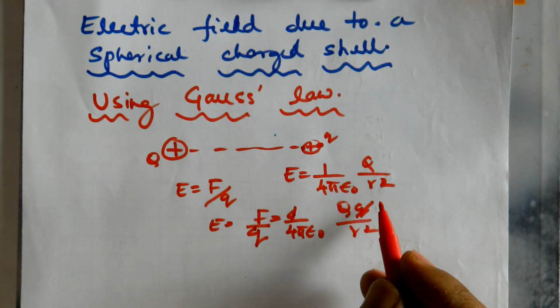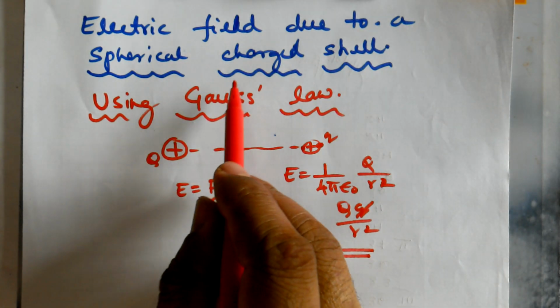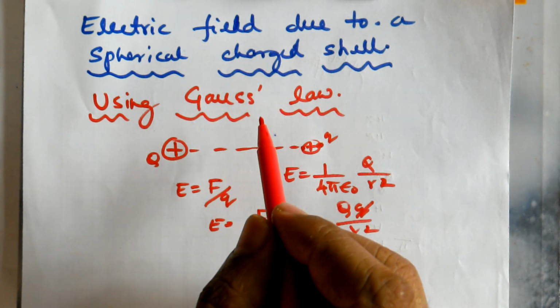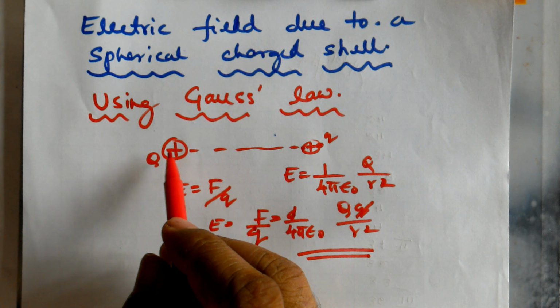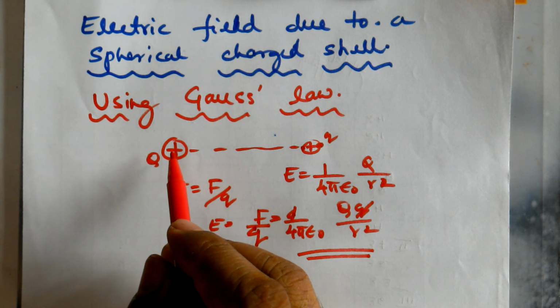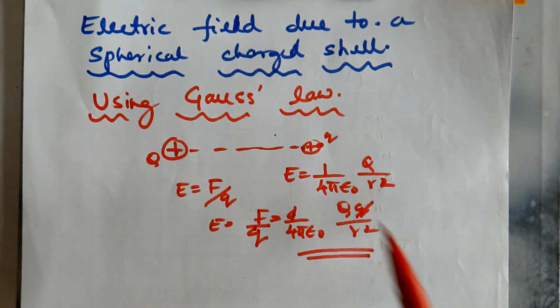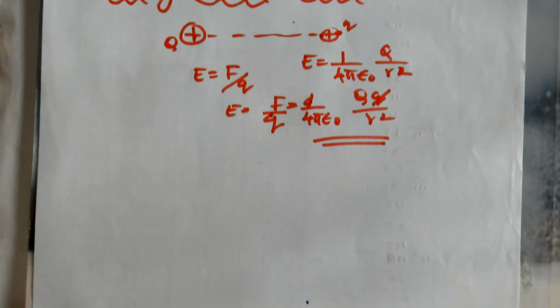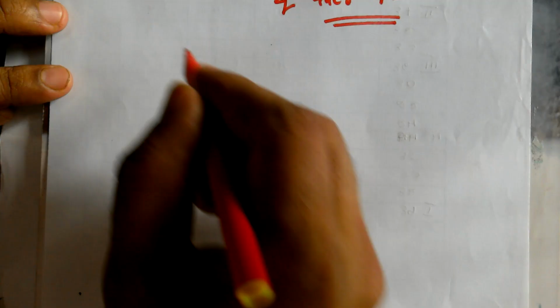So can't you apply the same Coulomb's inverse square law to find out the electric field due to a charged spherical shell? No, you can't apply. Coulomb's inverse square law is applied only for point charges. The size of the charged body should be very small. If the charges are distributed over a spherical shell, then it is not so easy to apply Coulomb's inverse square law. Okay, now we will use the Gauss law, and let us remind the Gauss law once.